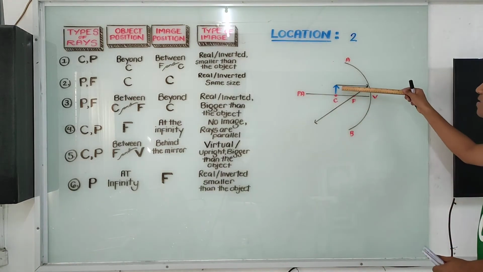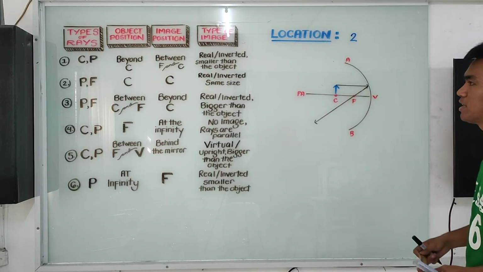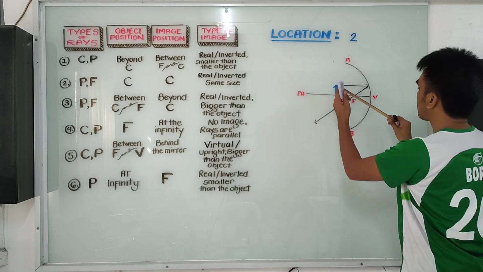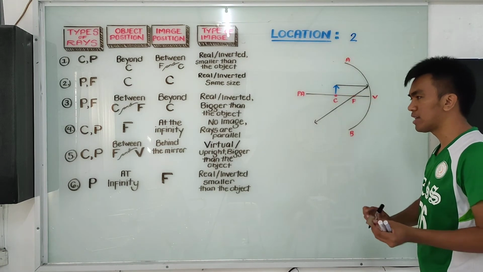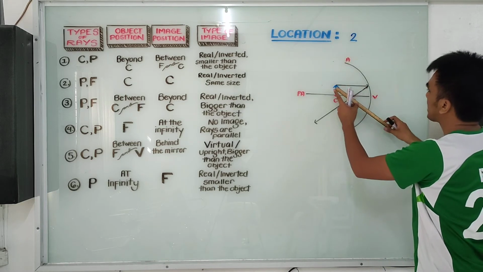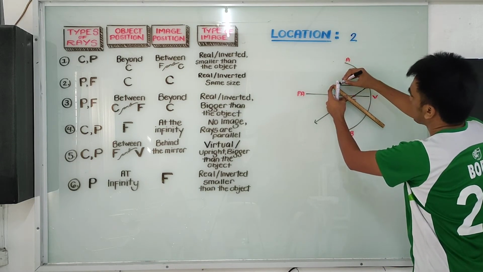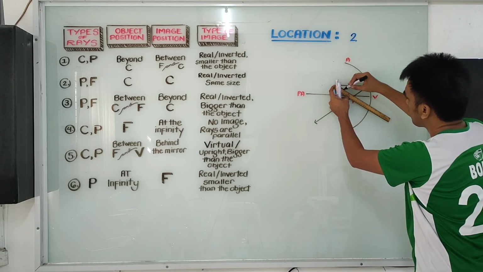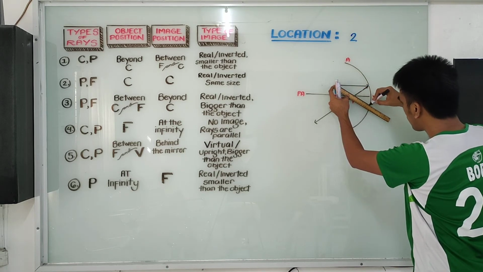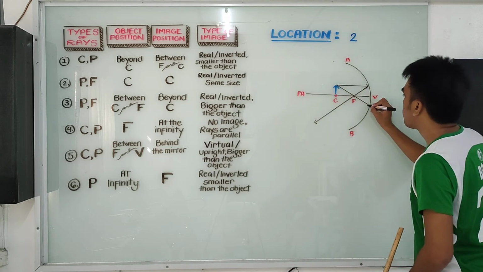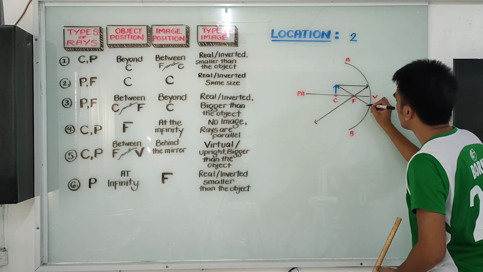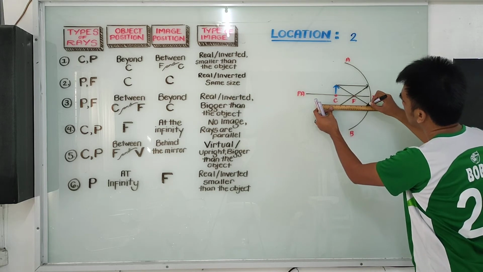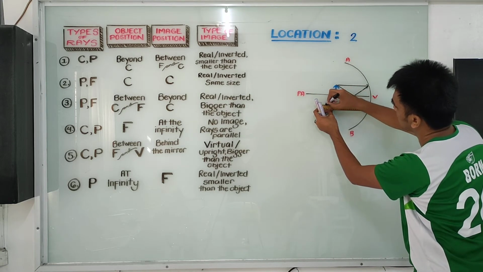Okay, again, this type of ray is the principal ray, and the other type is the focal ray. So if we are using a focal ray, remember that the incident ray always passes through the focal point, or the focus, and the reflected ray of this ray is